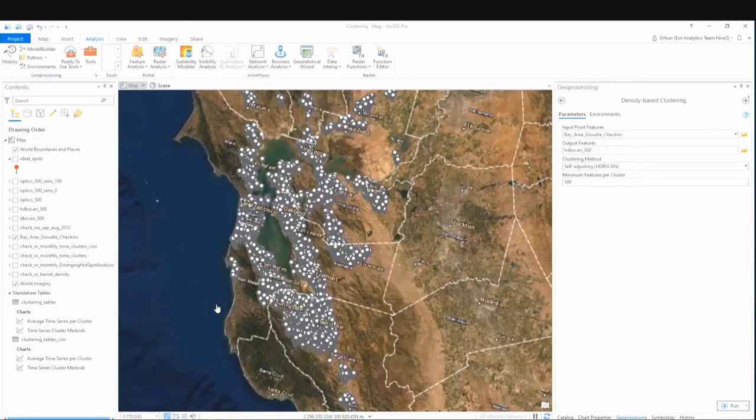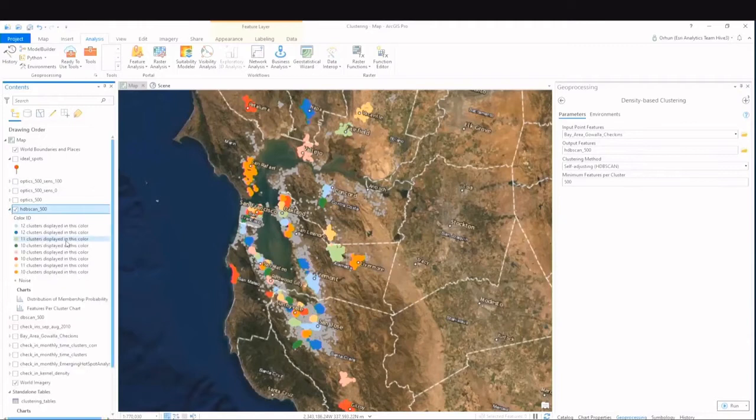For this problem, we can use density-based clustering, which is a purely spatial form of clustering that exposes areas that have a high number of check-ins. Here we will use an HDBSCAN. The tool identifies clusters and also what it terms as noise, which are these gray points, which do not conform to the idea of a dense cluster. In other words, these are areas that are not as popular as the areas that are colored.